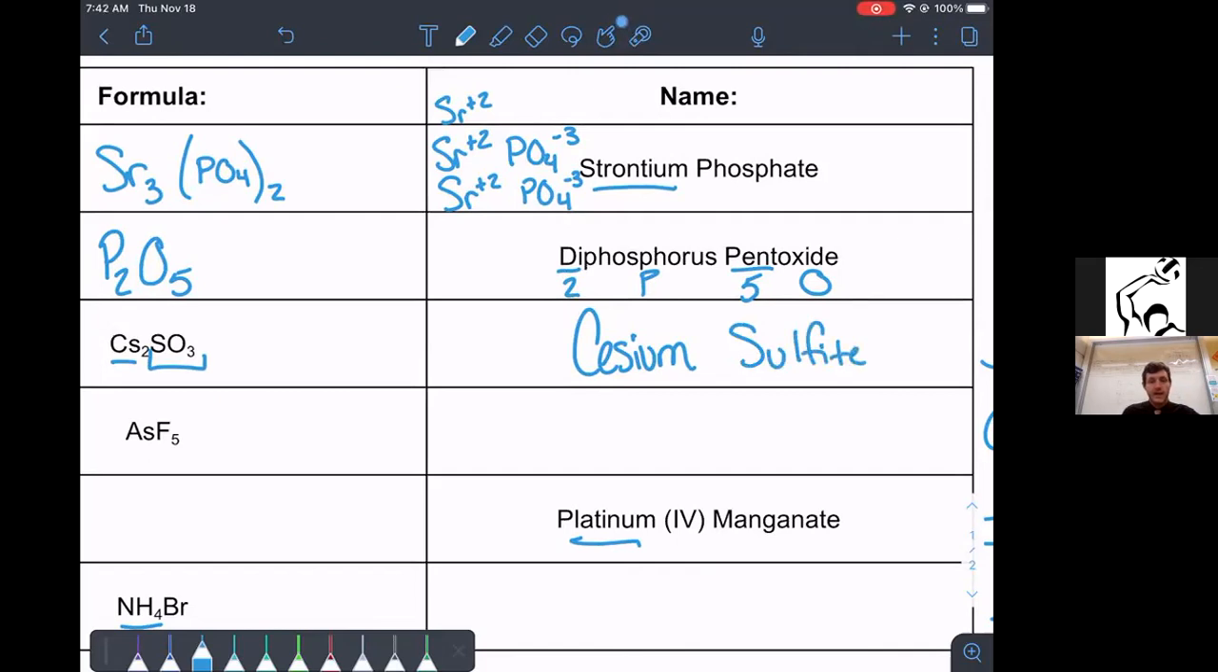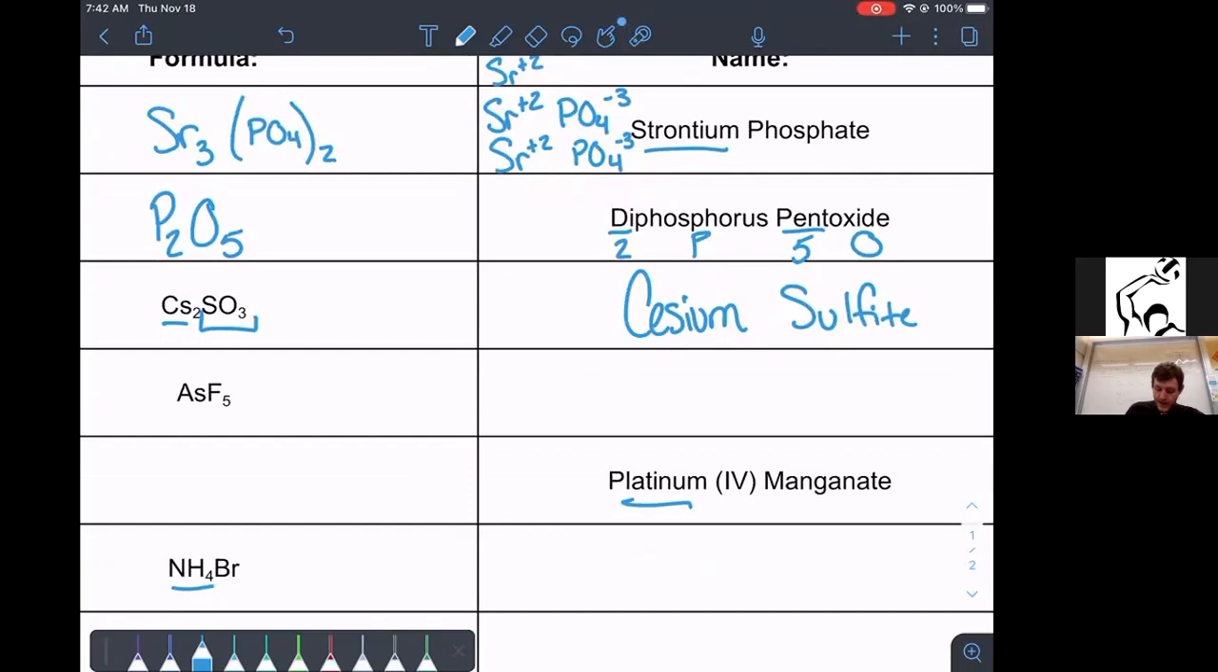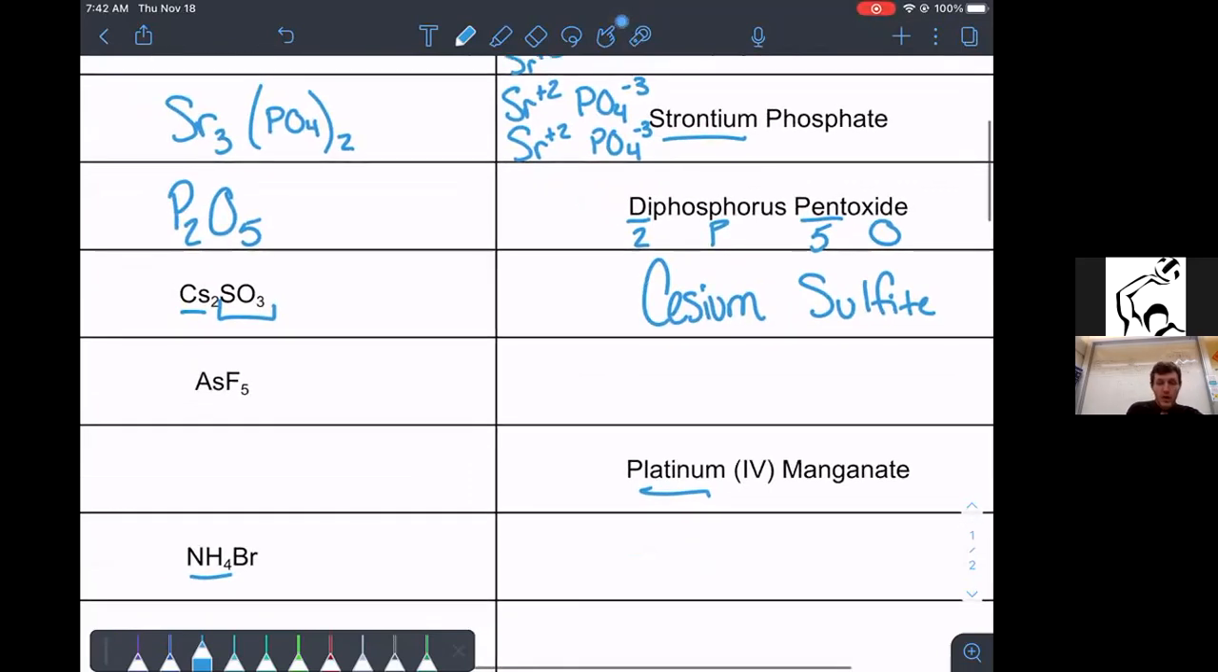All right. The next one, arsenic and fluorine. There are 5 fluorines. So arsenic, there's 1 of them. And so remember, the first element, if there's 1, doesn't get the mono, but the second one would. So it's arsenic. And it doesn't get a mono because it's the first element, and we know that there has to be at least 1 of those. And then fluorine turns into fluoride